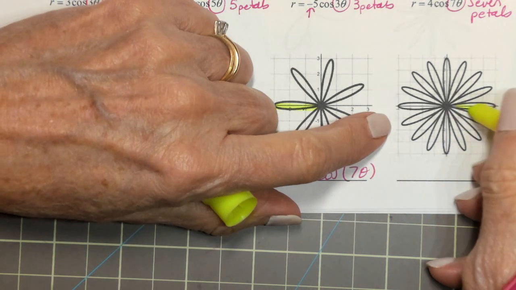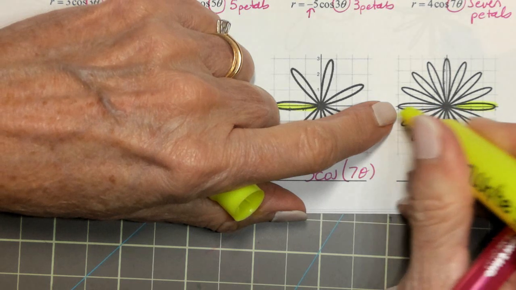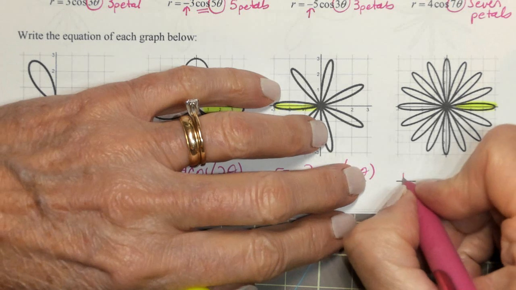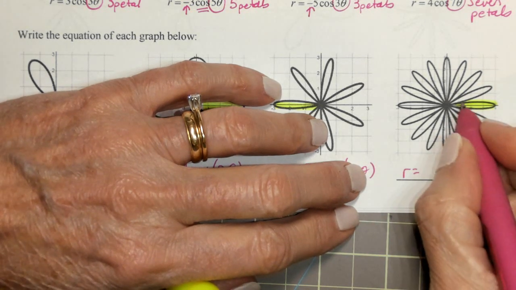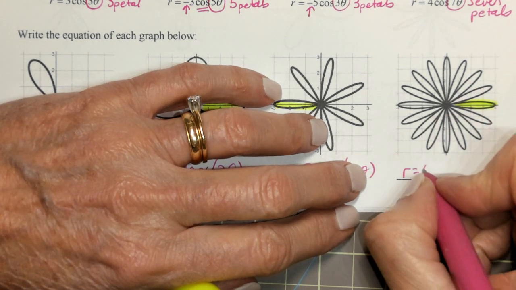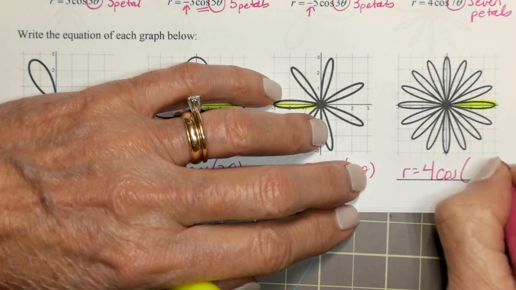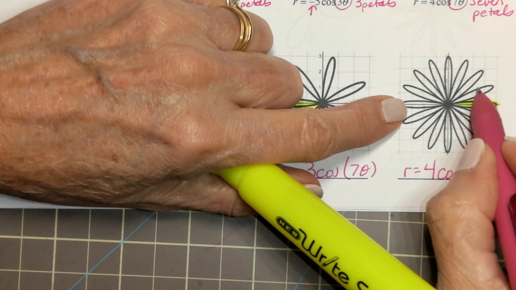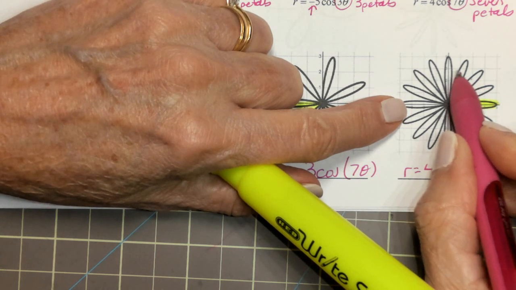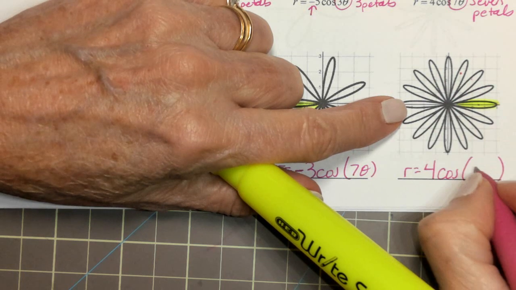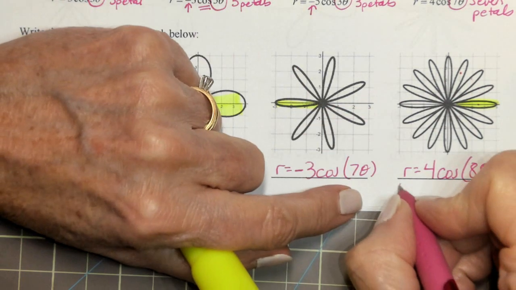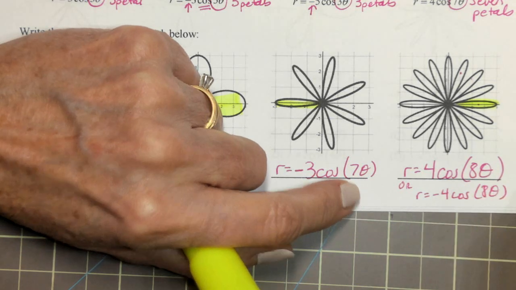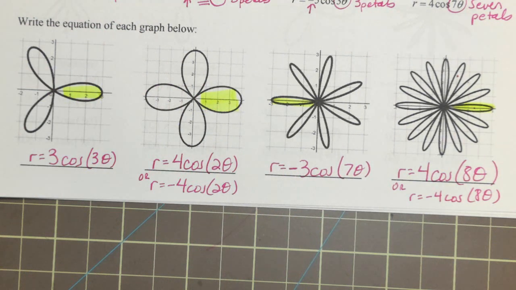Okay. Positive x-axis and negative x-axis. So this is one of those that could be positive or negative cosine. R is equal to, I'm going to make it a positive. What is this? 1, 2, 3, 4. 4 cosine. Okay, how many petals are there? I know it's even. Okay, 1, 2, 3, 4 times 4. So there are 16 petals. So this has to be an 8 theta. And R could be negative as well. Okay,